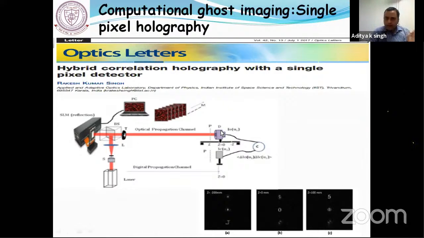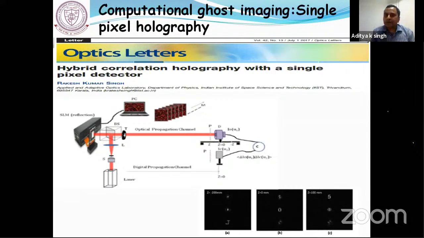Now in the other arm, I know what I am giving to the SLM, because every random pattern I upload to the SLM is given by the PC. So I know what random patterns I have kept in my folder. Each random pattern corresponding to the loaded situation, I will digitally propagate, as you can see in the bottom portion, and then the digitally propagated random pattern gives a random intensity. After propagation, I measure only the intensity, and that digitally propagated intensity I correlate with the intensity which was detected by the single pixel detector.